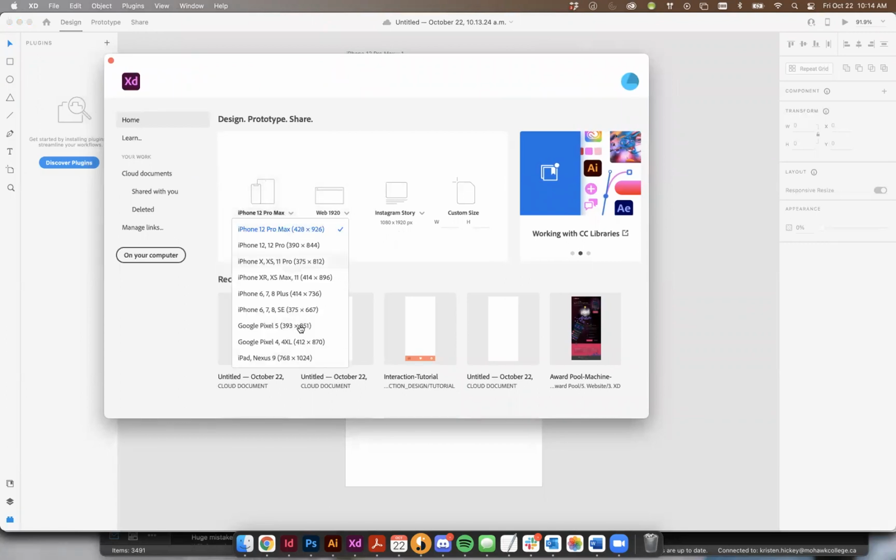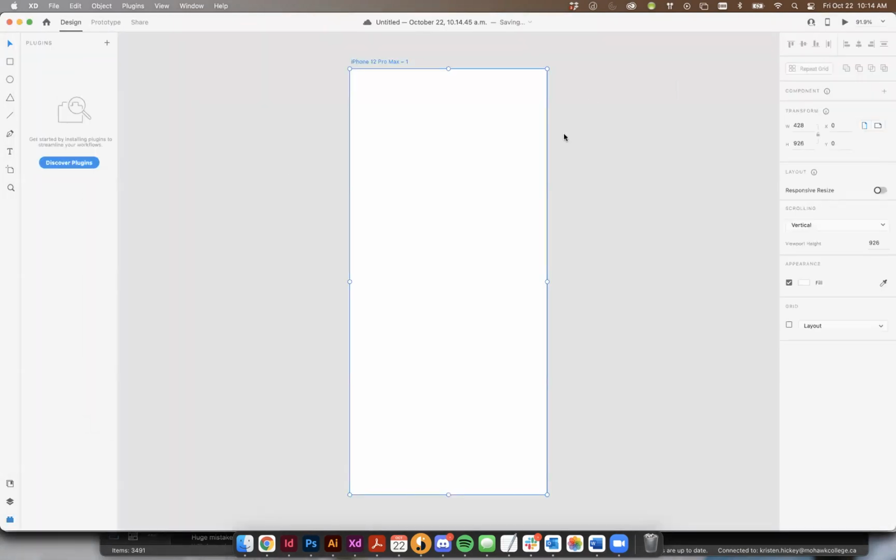So we're going to use any phone screen. I like to use this one because it's nice and large, and I'm an iPhone person. So to get the ball rolling, first and foremost, I'll just call this home. And then on the side, probably by default, XD for you will open up here. But we want to go to the bottom left-hand corner where there's that little Lego piece, and that's where your